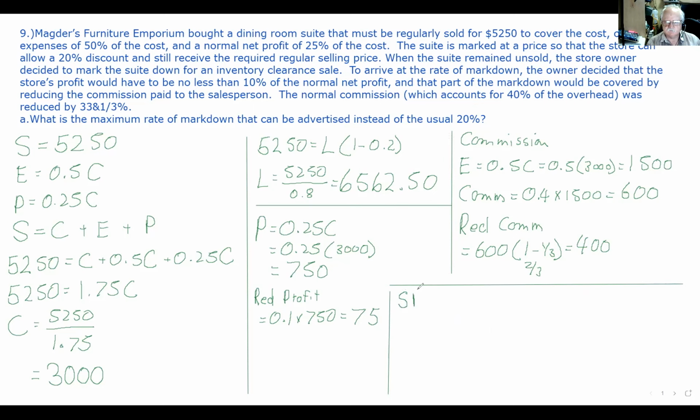Sale price equals cost plus expenses plus profit. We don't know the sale price. We do know the cost though. The cost was 3,000. And we know something about the expenses. The expenses were 1,500,